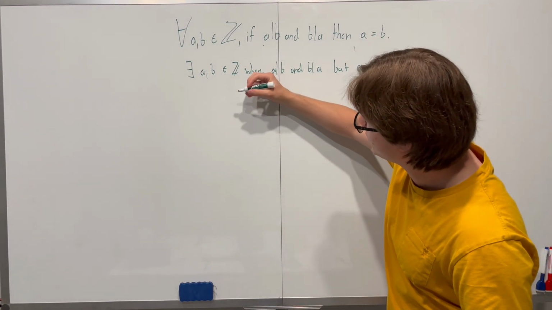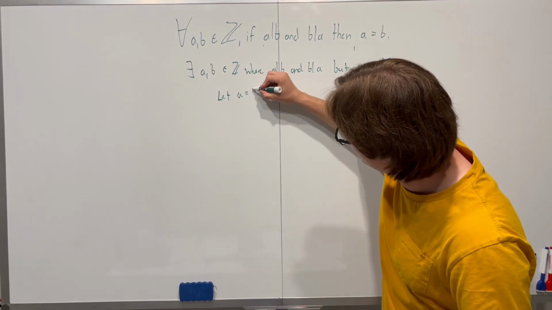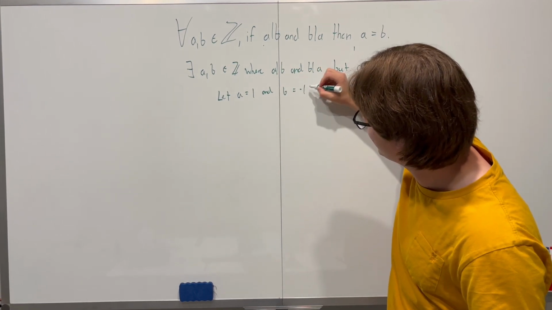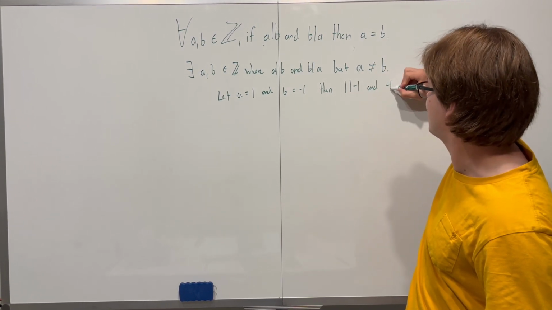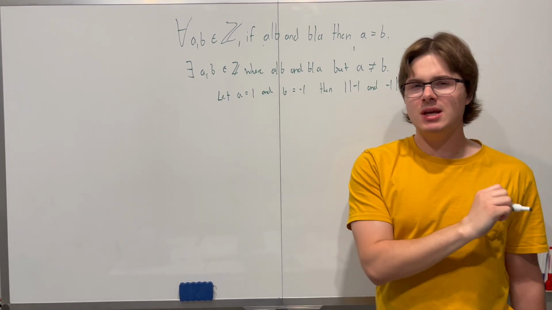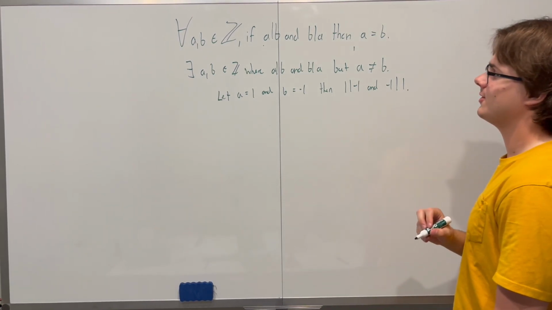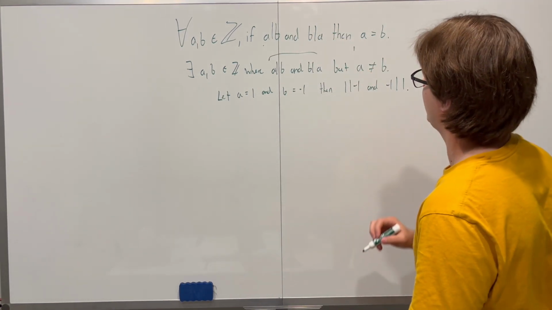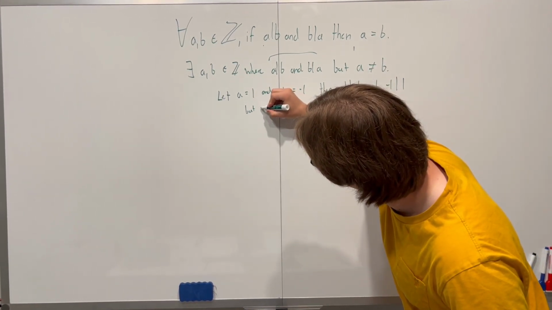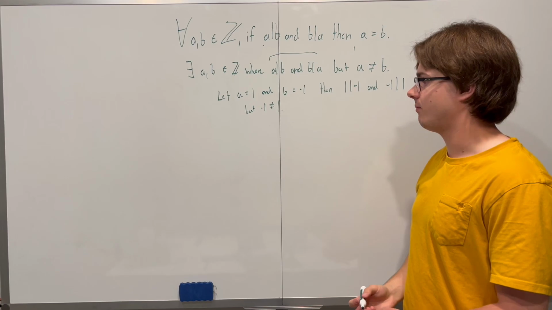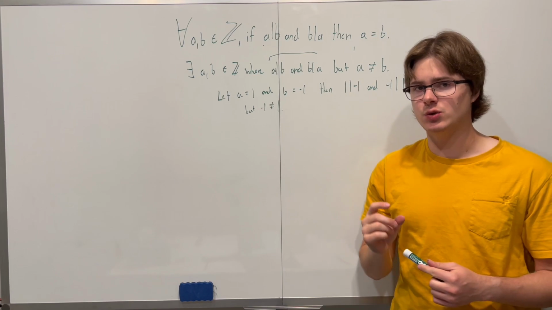So we start this proof by saying, let a equal 1 and b equal -1. Then 1 divides -1 and -1 divides 1. You can maybe prove that, but I'm going to say you don't have to because that is what we're supposing. And then we can say, but -1 does not equal 1. There we go. The proof is super duper short, but the reasoning is a little tricky because